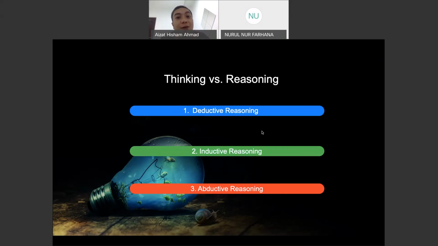But then when you actually go to the doctor for checking, you eventually find out that your metabolism is slow because you are fasting, for example. So that is deductive reasoning, from general to specific, which may or may not be true. When we talk about abductive reasoning, it's not really based on factual basis, but more on opinionated basis. So there might be two different reasonings for one thinking, or one reasoning for a few thinkings. So it's always counter-intuitive.